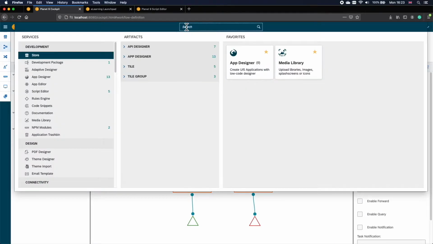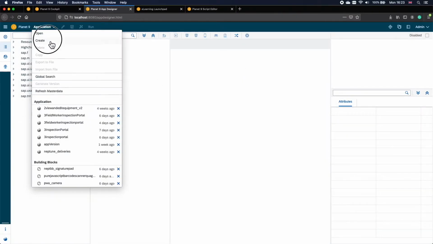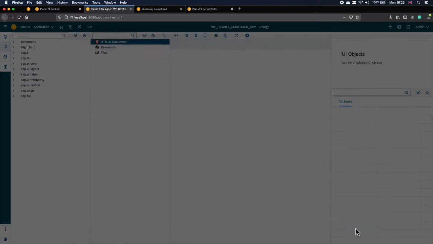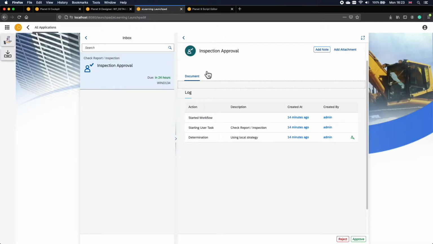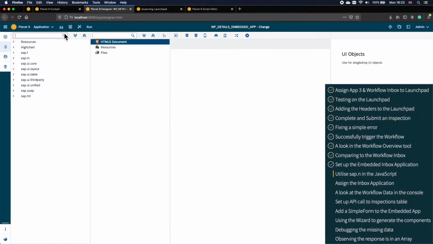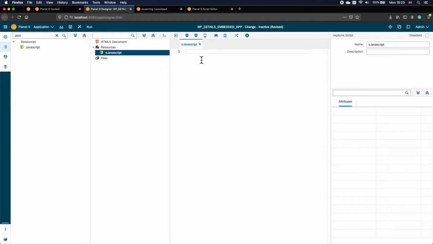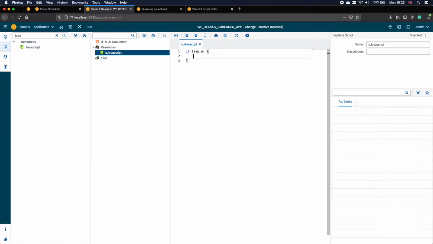So let's open the app designer and get going. We'll create a new application, and let's not use any templates here, so we can start with a completely blank application. Now, since this app will always be running inside of a Launchpad, we can utilize a JavaScript file, put it in our resource, and if we write out if sap.n, this if will trigger if we're running inside of a Launchpad. Within this if, we can write the following: